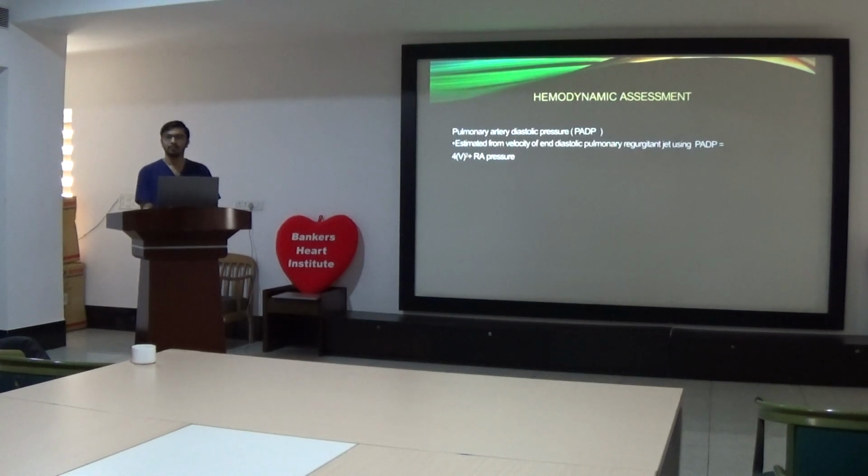You do CT angiography for that, but in an ICU setup, even on echo, echo will also show us the presence of thrombus in the pulmonary artery. Many a time you get it on echo as well.